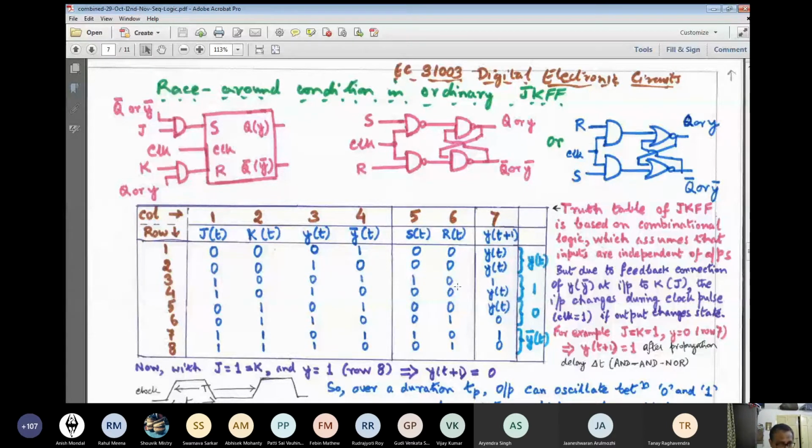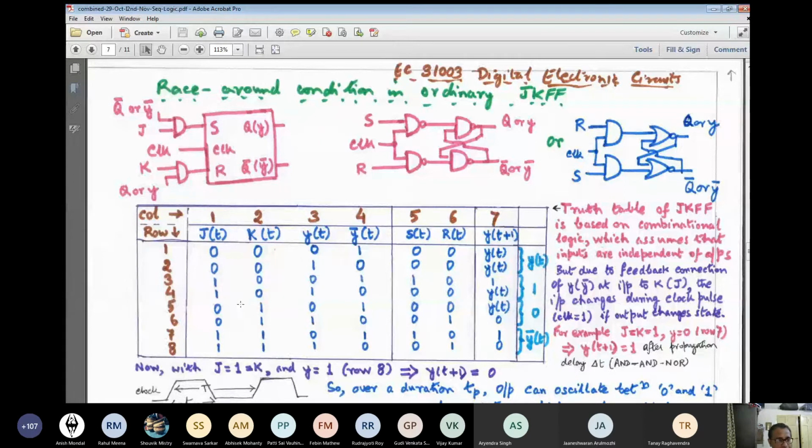In one case, S is 1, R is 0, so it means 1. In the other case, it is YT. And essentially, YT is the same as 1, so it will become 1, right? So see how I am coming to the JK flip-flop function table by analyzing this in a combinational manner. And fifth and sixth rows: J and K remain at 0 and 1, and Y stands